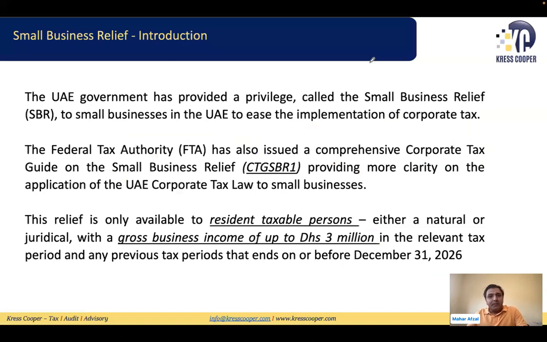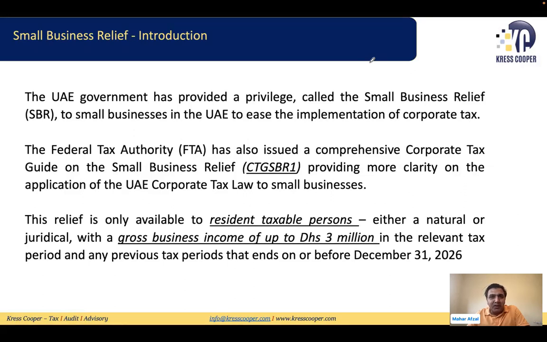So, the scope. First, I wanted to discuss the reasons for introducing these special provisions in the law for small businesses. There is a general principle that 80% of government revenue usually comes from 20% of the businesses, and 80% of the businesses contribute only 20% of the revenue. Small businesses usually don't contribute much to tax revenue, so governments across the globe give certain privileges, freedom and options to small businesses. If they want, they can opt for small business relief for the time being.